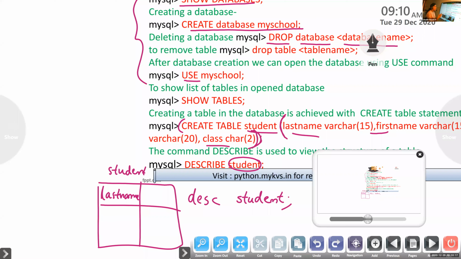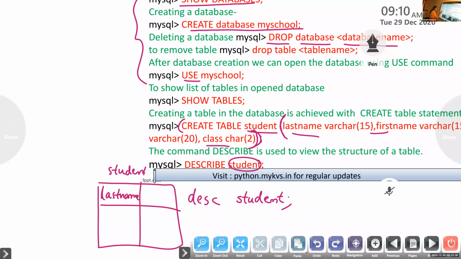If we enclose something inside the quotes, it is considered a character. If you want to directly write 4 without quotes, you need to change this char2 to class int. Then you can directly write 4 without enclosing it in quotes.